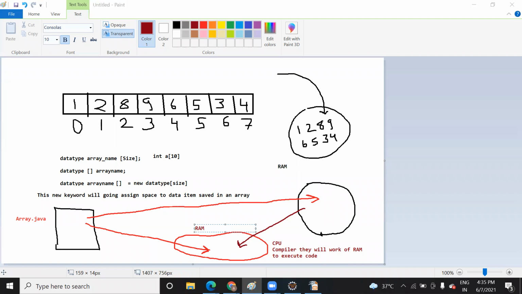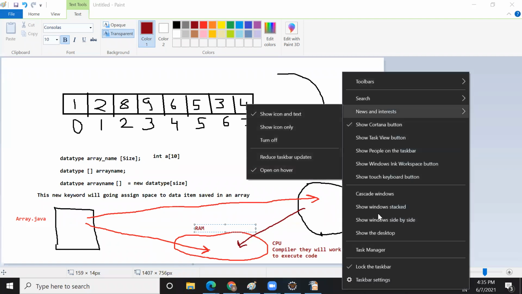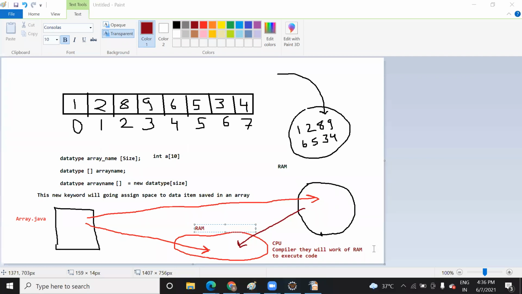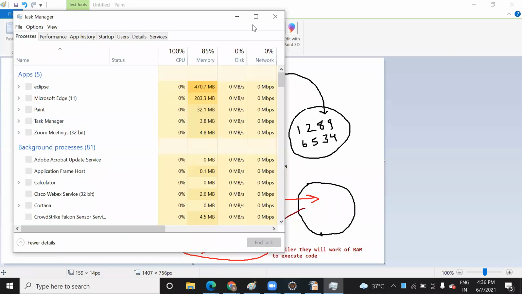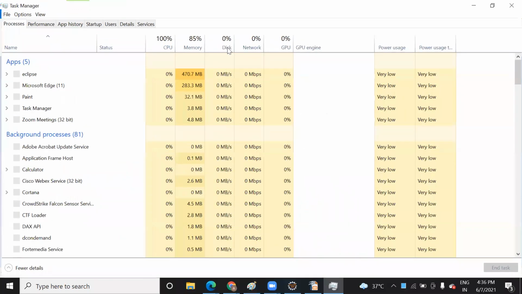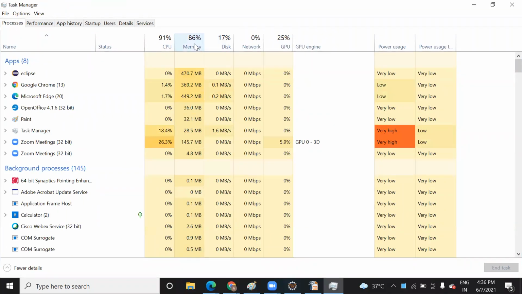Even in this Task Manager, I think I have explained earlier, it will show you more memory occupied. You can see it here. Disk is less, but memory is more, CPU is more. Why? Because these are all running on my RAM: Eclipse, Google Chrome, Edge, OpenOffice, Paint. They are not working on the hard disk.